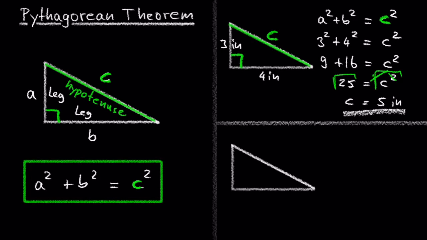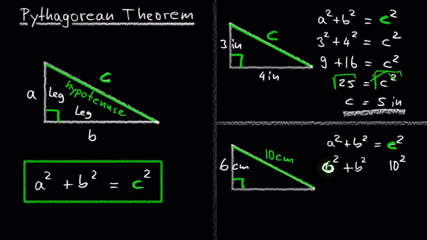Let's look at the next example where one leg is 6 centimeters and the hypotenuse is 10 centimeters. How can we find the length of the other leg? Let's write down the Pythagorean theorem again for the sake of practice. A squared plus b squared equals c squared. Recall that the hypotenuse is a variable which stands alone for itself on the right-hand side. So we can write 10 squared on the right-hand side and 6 squared plus b squared,